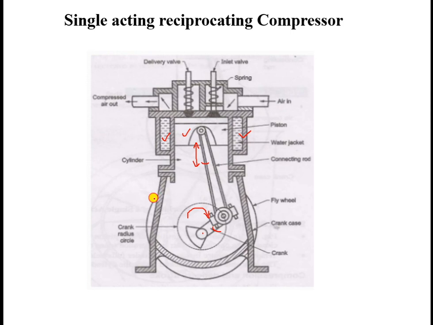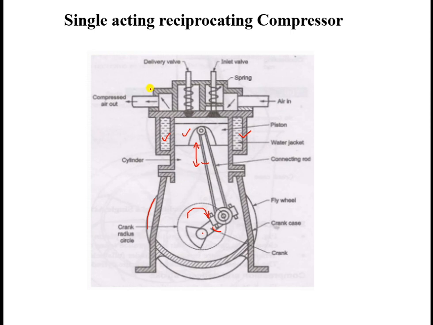This is the part, whatever is observed here, that is nothing but the crankcase. This is the flywheel, which is a circular part, and this is the crankcase. This flywheel is just maintaining whatever in case of the other strokes. Here the two strokes are there, the suction stroke as well as the delivery stroke. So this flywheel is maintaining the fluctuations in the energy as far as this particular working of